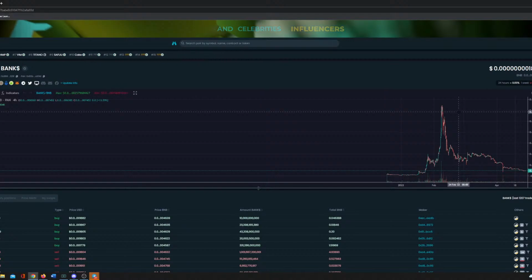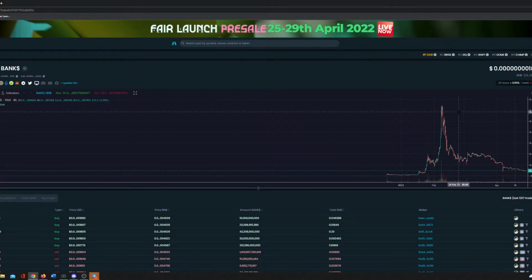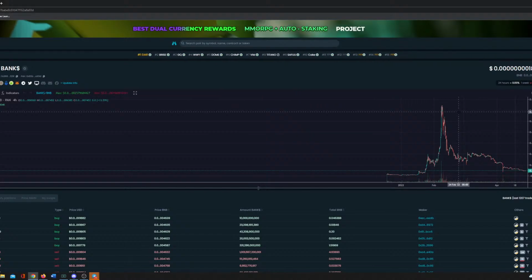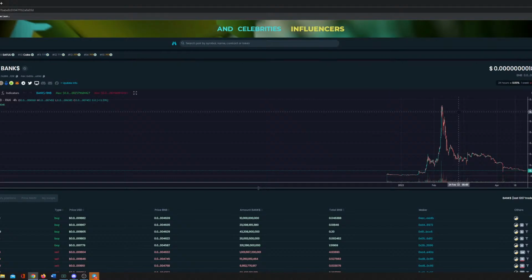Keep in mind, every single transaction is getting taxed. So either it is a transfer, a buy, a sell, doesn't matter. If you want to make an actual transfer, we had this in the past already plenty of times, for example, you want to send a friend banks, or you want to move them to a cold storage, as for example a Ledger, you can just let us know. We can make this transaction tax-free.